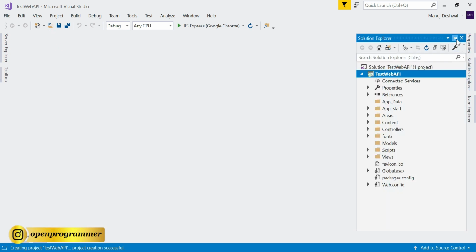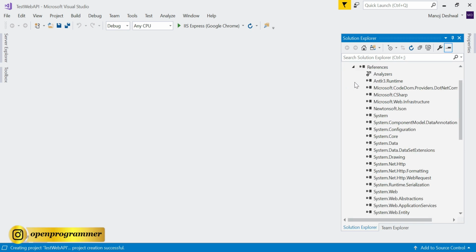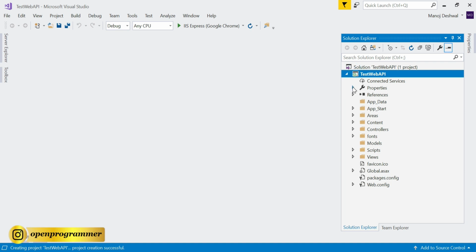Go to the Solution Explorer, you can see. So this is the default structure of a Web API project. So you will have references, right? You have properties and app start. Here we have all the config files. We have areas, content, and controllers. So this is our fresh Web API project. So now